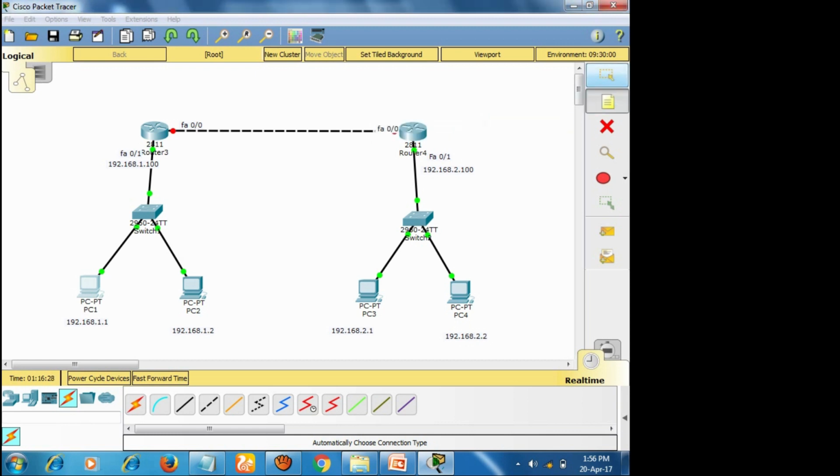Okay. And I need to assign an IP address for this fast Ethernet, right? So already I assigned an IP address for 0/1, and so I need to assign an IP address for fast Ethernet 0/0 because I already have a connection, right?